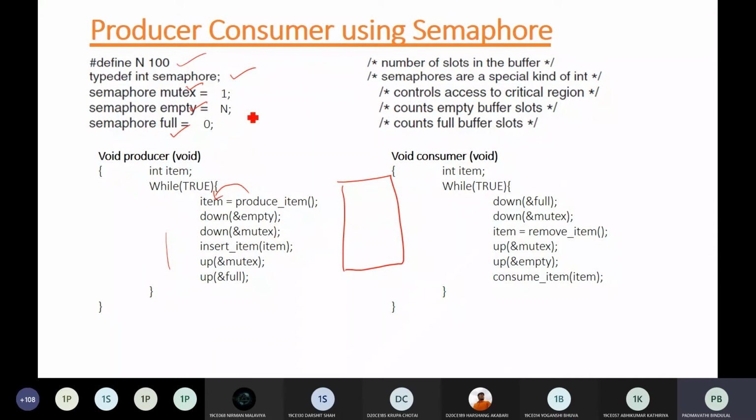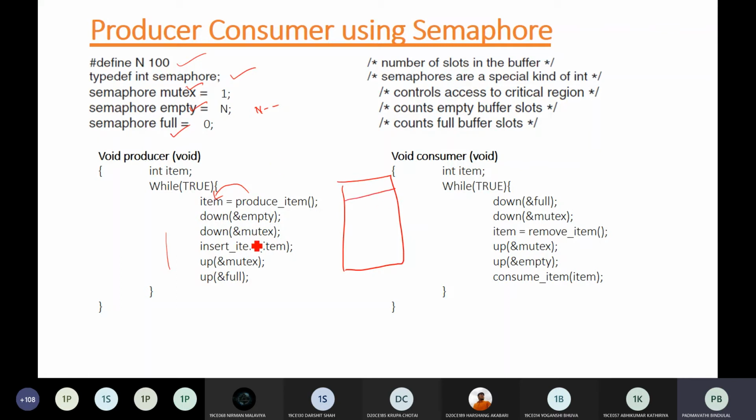Empty is n, so you have to reduce the n value by 1, that is, empty will become empty minus minus. Initially there were n buffers but one item has been produced, and that item has to be kept in the buffer. So now the empty space will be reduced by 1.